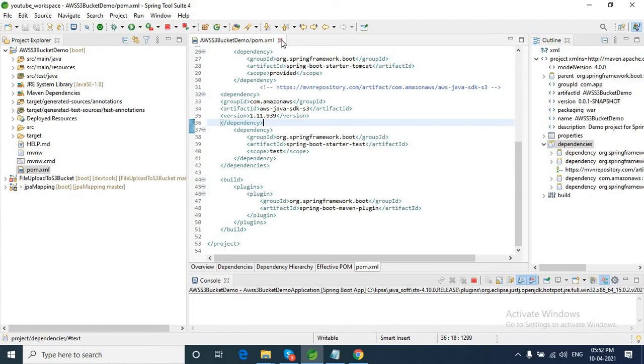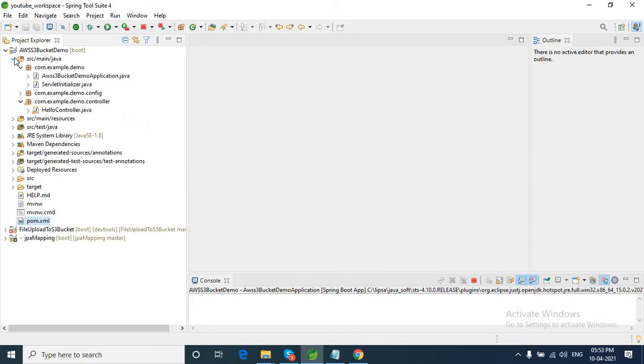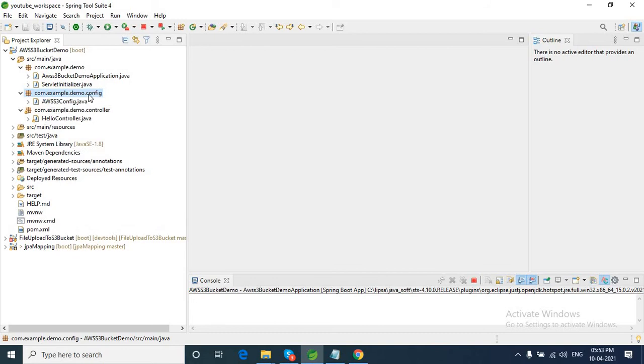Then we need to create a config class for Amazon S3. Here you can see a package com.example.demo.config. Inside this config package, I have a config class AWS S3 config.